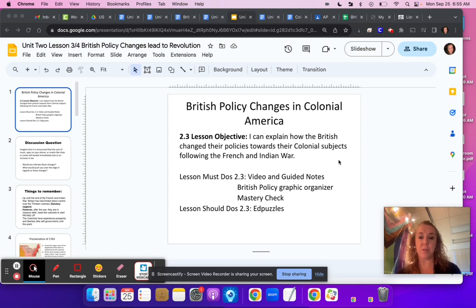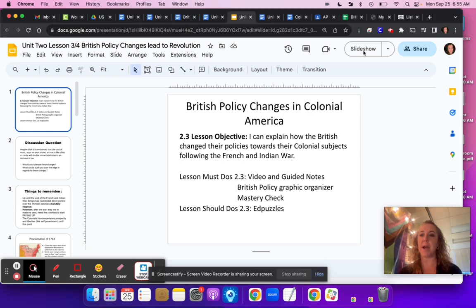You have three must dos for this lesson: the video and the guided notes. There's a graphic organizer analyzing each of the new British policies or laws. And then there is a should do as an EdPuzzle. Okay, so